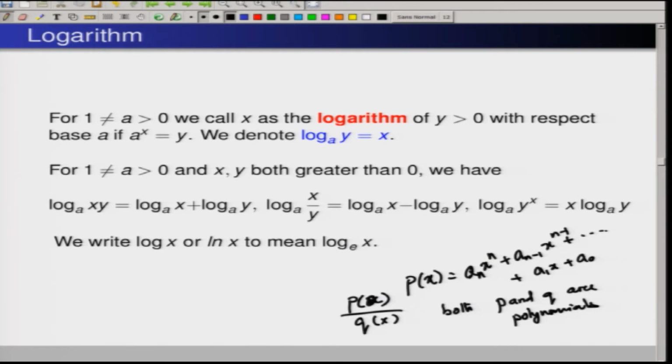Now, what we are going to discuss is a very important concept of functions, which comes in calculus with the limiting process. Well, for example, you can think of this.